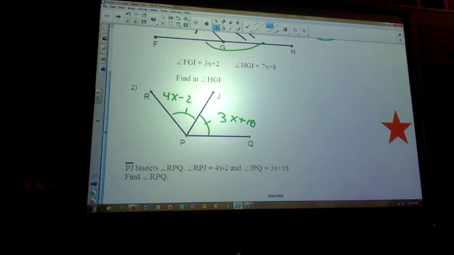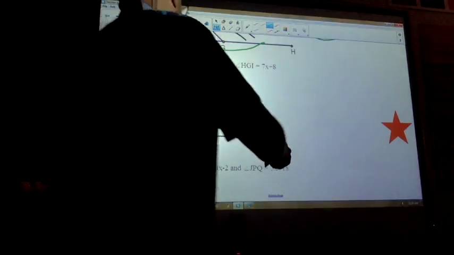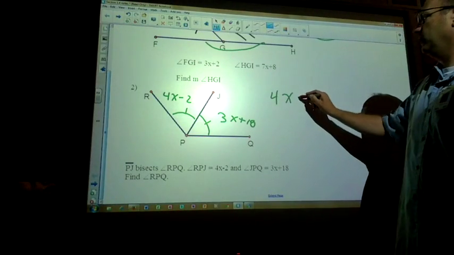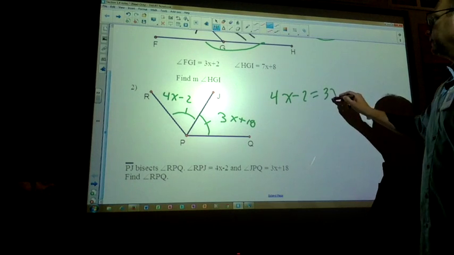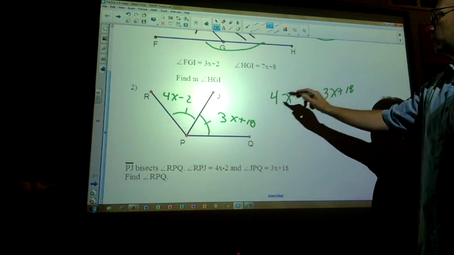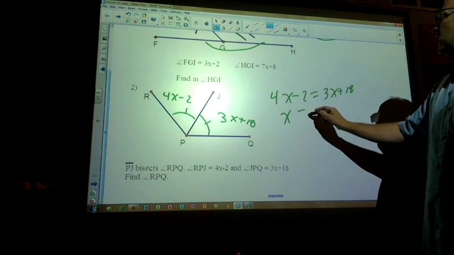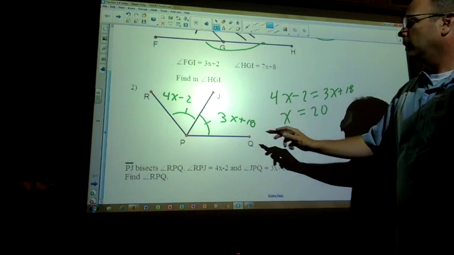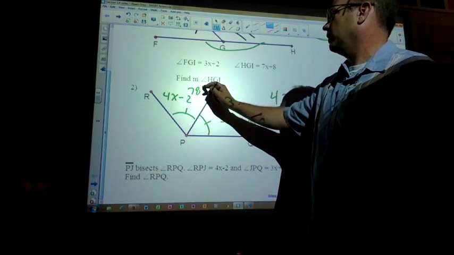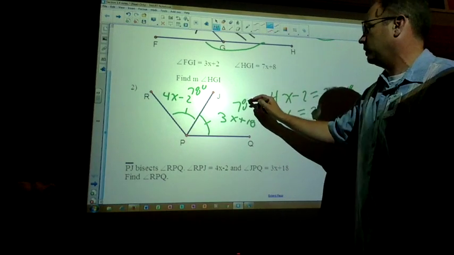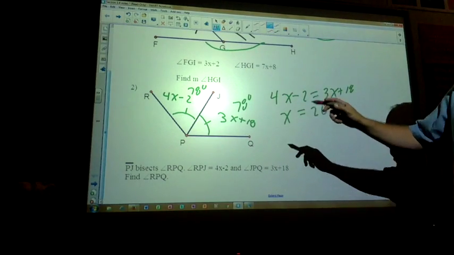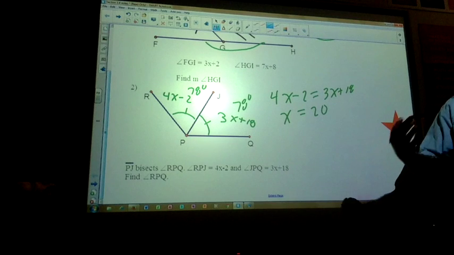Well, what do we know about the two angles right now? They're equal to each other, so let's figure out what x is, and then we can figure out each individual angle by plugging it back in. All right, subtract 3x, so I get x. Add 2, so I get 20. So this is 78 degrees, and then this would also be 78 degrees. And then we want to find RPQ, so that's the big angle. So 78 plus 78 is